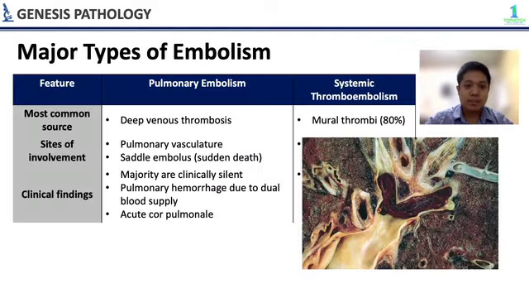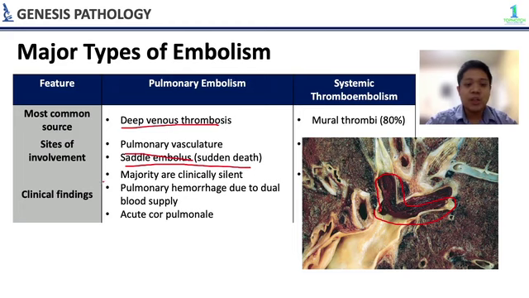I will discuss next. So, major types of embolism, so pulmonary and systemic thromboembolism. So, yung pulmonary embolism naman, the most common source is deep venous thrombosis. So, for example, yung mga patients na may hypercoagulable state, tapos they remain immobilized for so long, nagkakaroon sila ng deep venous thrombosis. Tapos sometimes this can throw and form pulmonary embolism. So, yung mga malalaki like yung saddle embolus as seen here, they can cause sudden death.